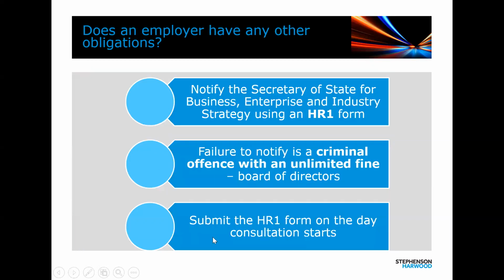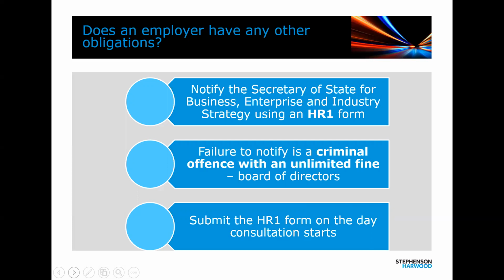What I'm going to move on to now is a recap of what happens once an employer has determined that redundancies are necessary, its collective consultation obligations have been triggered, and reps are elected. There's one additional and important task at this point. You, as the employer, where you've got your collective consultation obligation, must notify the Secretary of State for Business Innovation. This requires you to notify the Secretary of State on what's called an HR1 form.